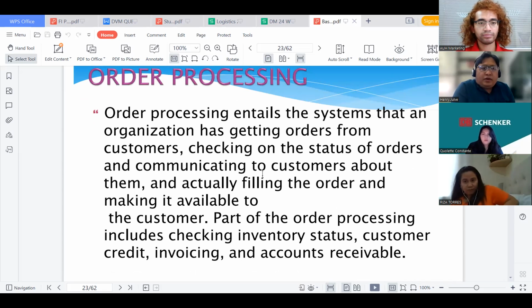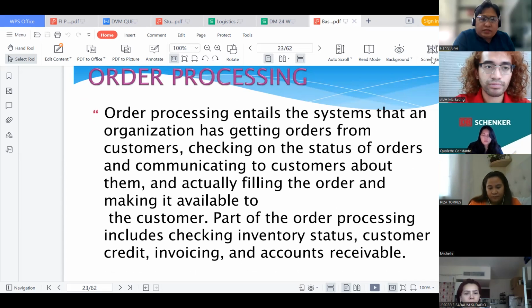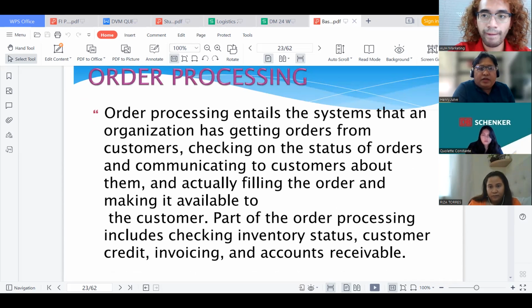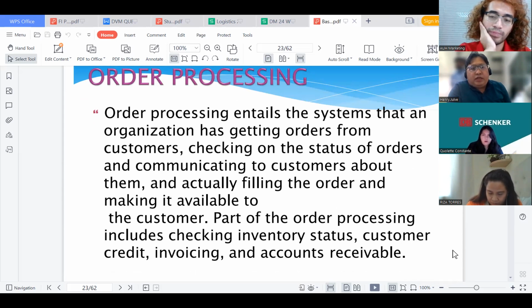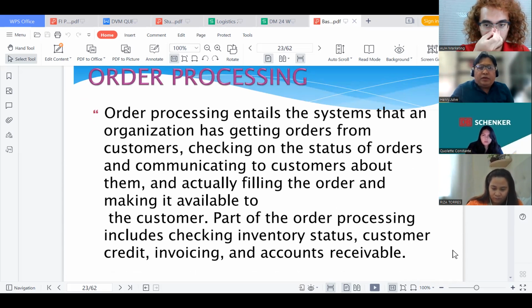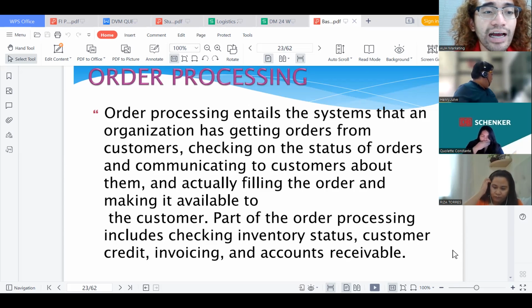Order processing entails the system that an organization has for getting orders from customers, taking on the status of orders and communicating to customers about them, and actually filling the order and making it available to the customer. Part of the order processing includes checking inventory status, in stock or out of stock, customer credit, invoicing, and accounts receivable. Customer credit: paid, unpaid, pending, deposited,